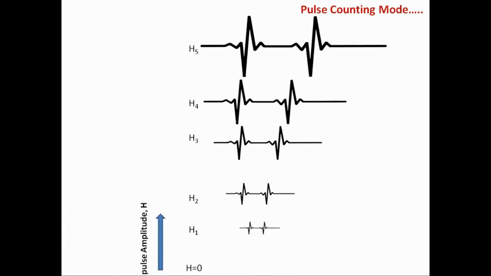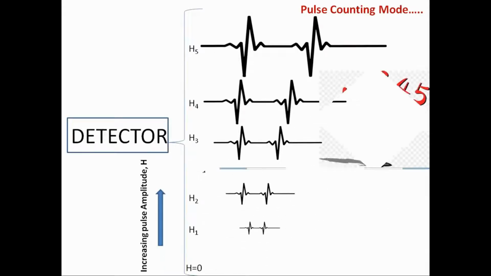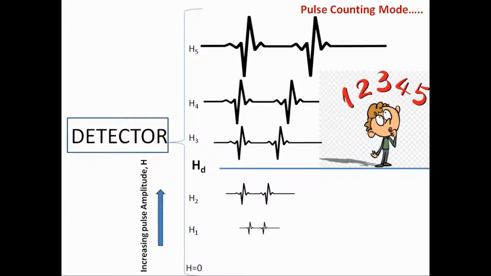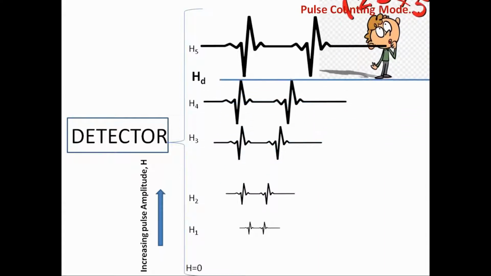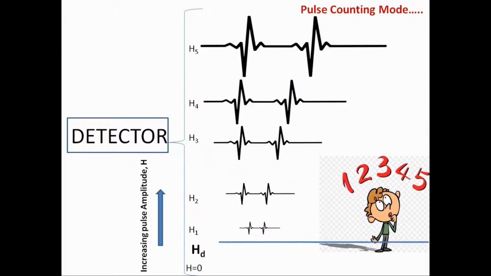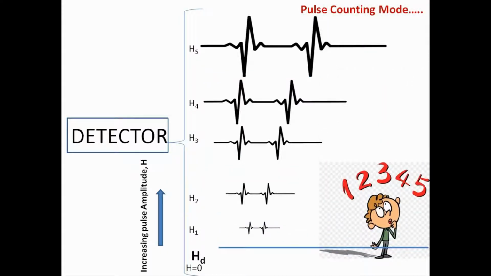When radiation detectors are operated in pulse counting mode, a common situation often arises in which the pulses from the detector are fed to a counting device with a fixed discrimination level. Signal pulses must exceed a given level HD in order to be registered by the counting circuit. Sometimes it is possible to vary the level HD during the course of the measurement to provide information about the amplitude distribution of the pulses.